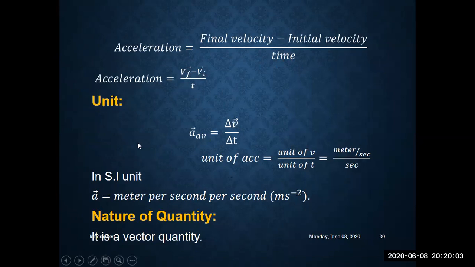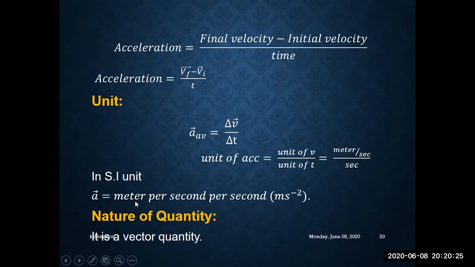What will be that unit? Write the formula again. This is the change in velocity divided by time. Then what's the unit of velocity? Velocity or change in velocity both have the same unit, that is meter per second. And what about change in velocity per unit time, that is t seconds? You will multiply these 2 seconds, you will make it simpler by using mathematics, then it will become second square.